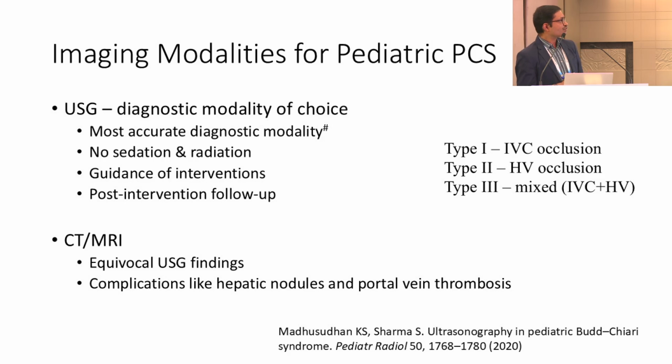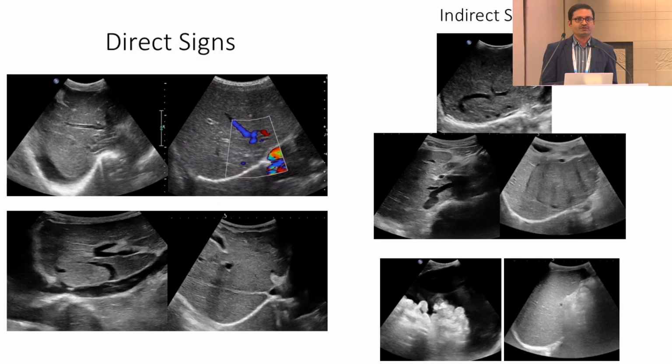On ultrasound, the diagnostic feature is mainly the direct signs, where we see directly the hepatic veins or the IVC. We can either see thrombus within the hepatic vein, which is seen in the acute setting of venous thrombosis, but more commonly we encounter subacute and chronic types of Budd-Chiari syndrome, like in this case where there is a long segment occlusion of the middle hepatic vein, or we can see a membranous occlusion of the IVC, or a complete cord-like appearance of a right hepatic vein. So these are the various appearances we see in ultrasound in a child with Budd-Chiari syndrome. These are the direct signs which will help us make a diagnosis.